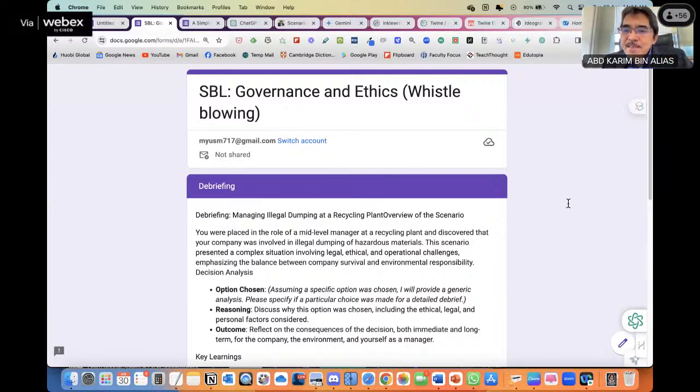Okay, multiple branch scenario boleh guna Google Form? Saya rasa susah. Kalau multiple branching scenario using Google Form, let's see.